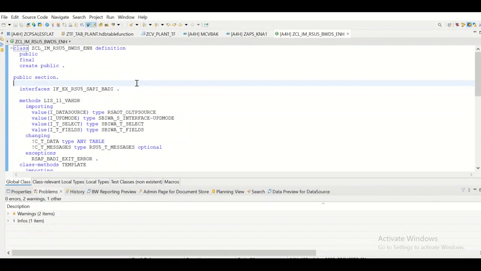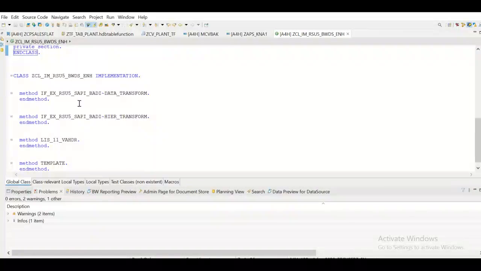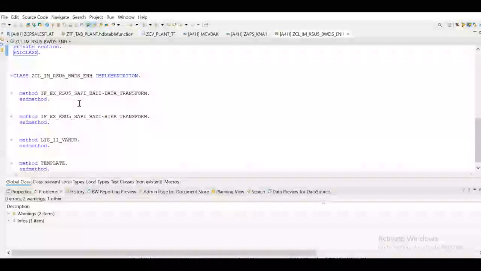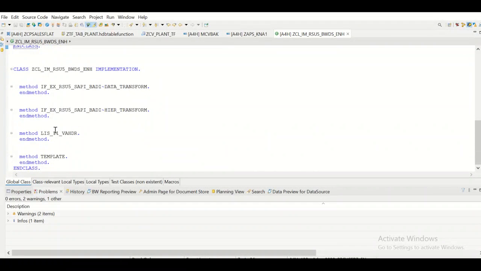So there are a couple of things here, right? You can see your list 11 VHDR method, you have your data transform method, you have your hierarchy transform, so that's not needed, and this is your list 11 VHDR method. So this is what we're going to do. But before we do that,